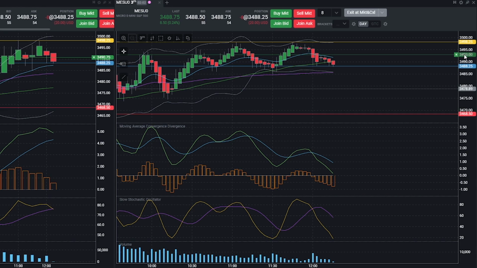So I just took a position of 8 contracts trading in Micro E-mini futures, symbol MES. 8 contracts shorting. I've got a 15-minute time frame on the left and a 3 on the right. It is 12:16 in the afternoon,